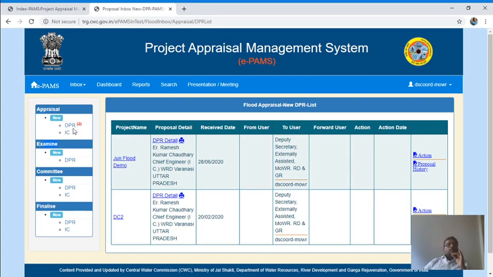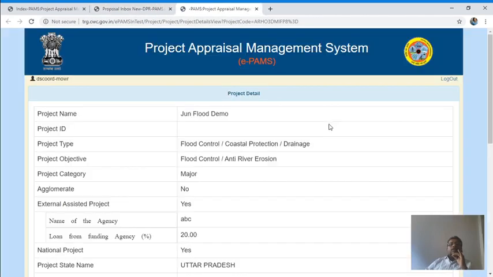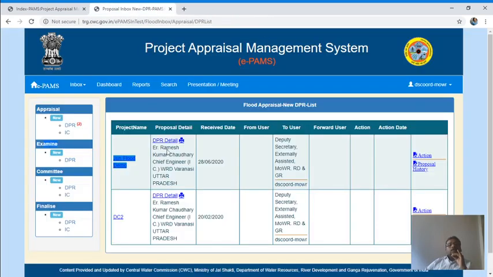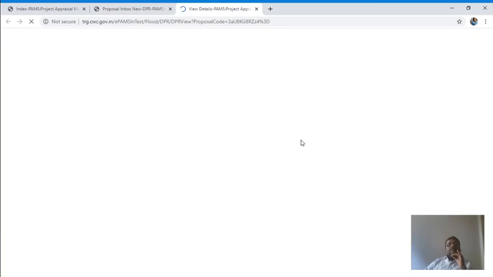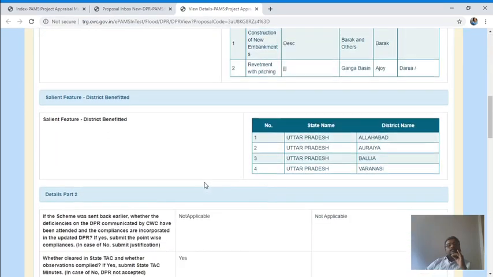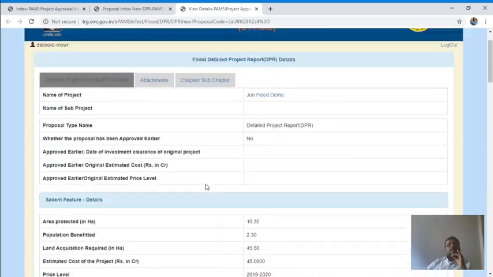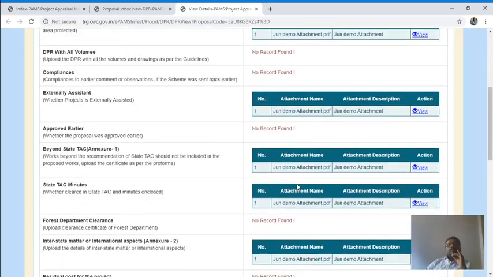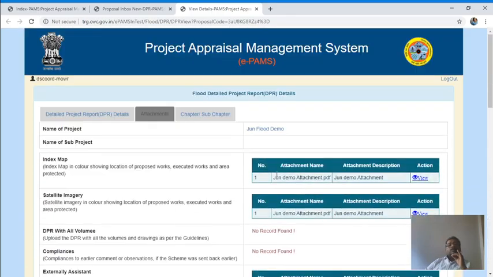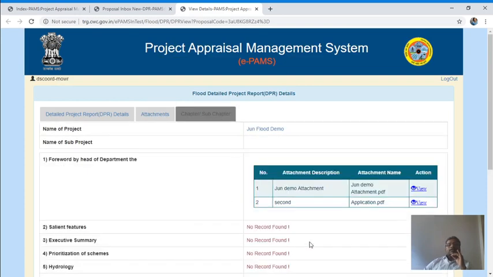Now one project is submitted, June flood demo. Now this user can see the project detail, proposal detail, whatever attachment is submitted by the project authority, whatever chapter and subchapter submitted.